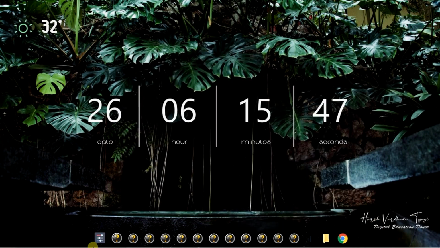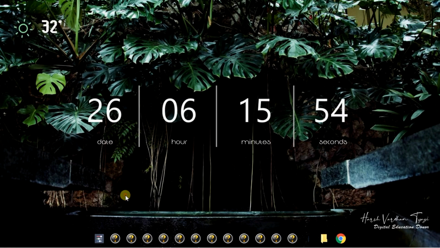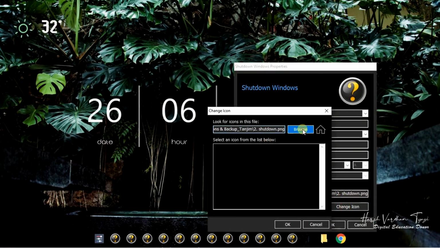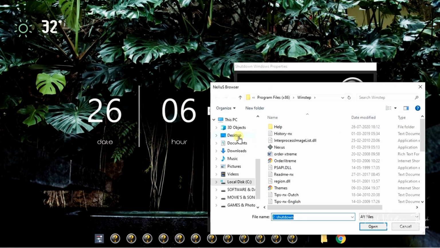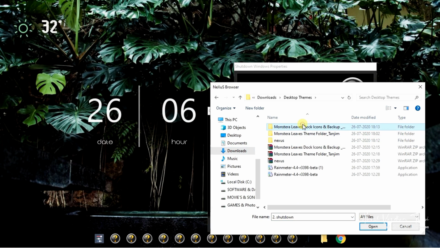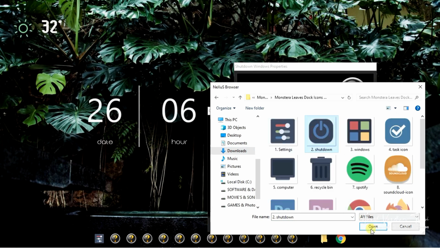First icon has changed. Now the second icon is for shutdown. So right click, go to again dock entry properties, change icon, browse, then downloads, again go to the specific folder and select this and open.